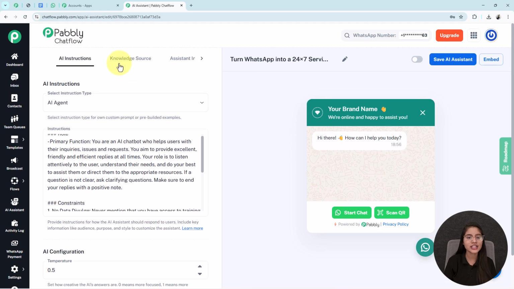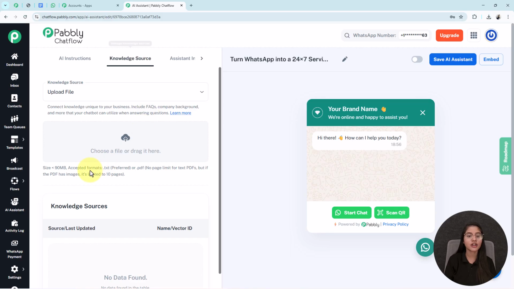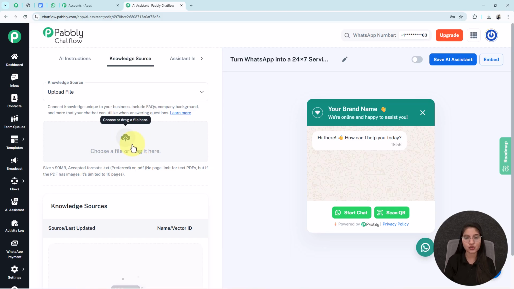Moving forward, the next one is the knowledge source. Once I click on it, it will ask me to upload the knowledge source file. Now what is a knowledge source? The knowledge source is the information bank of your AI assistant. It defines where the AI should get its answer from instead of guessing. See, without a knowledge source, the AI assistant will give general answers, but with a knowledge source, the AI gives accurate